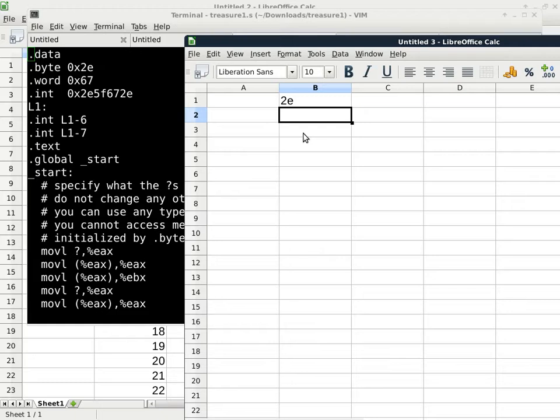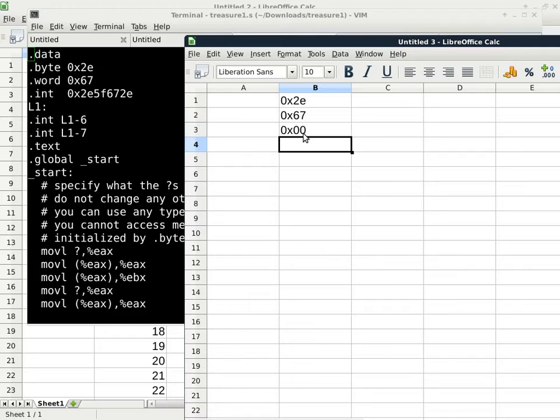Now, with a multi-byte integer, endianness comes into play because you have to figure out, okay, do we store the most significant byte at the lowest address, or do we store the least significant byte at the lowest address? Which one should we use? The least significant byte, because the i386 is a little endian processor, which means the least significant byte is at the lowest address. So in this case, 67. Just to make it explicit, these are all hexadecimal numbers. So 0x67 is the next byte, and then 0x00 is the next one,